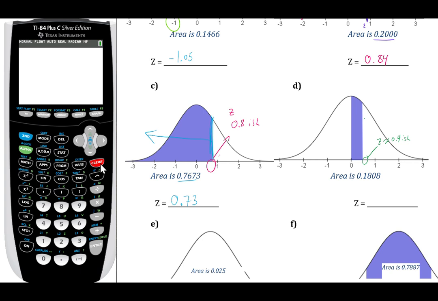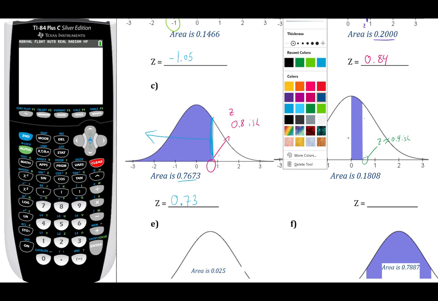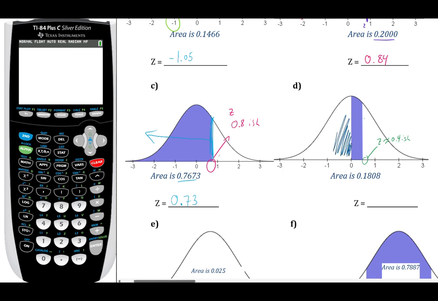All right, so because of that, we have multiple different regions. Let's go dark blue. We have the region to the left of 0, which, if you remember from a previous video, the area to the left of 0 should be 0.5000, or about half the graph is going to be to the left of 0. We're given that the shaded region is about 0.1808, and we can find the area to the right